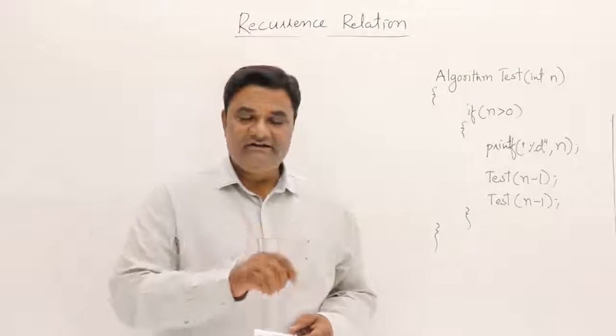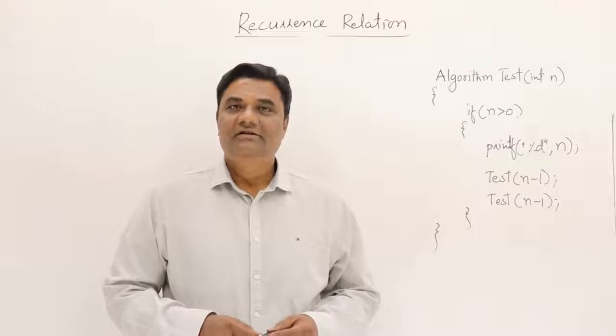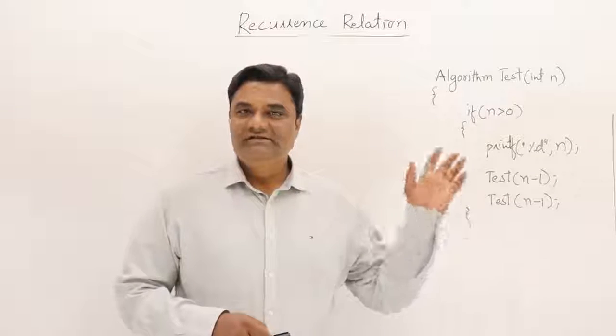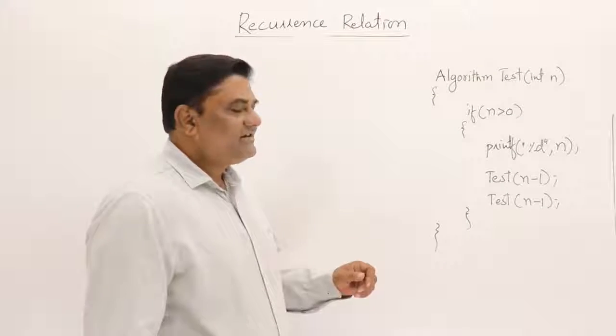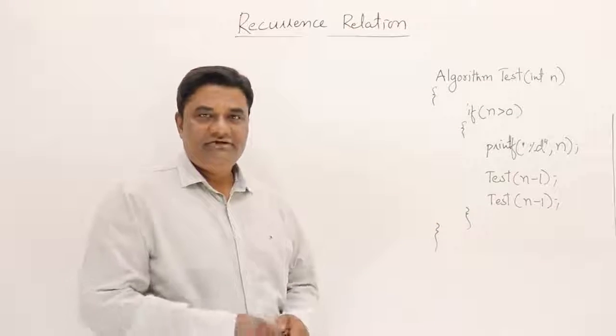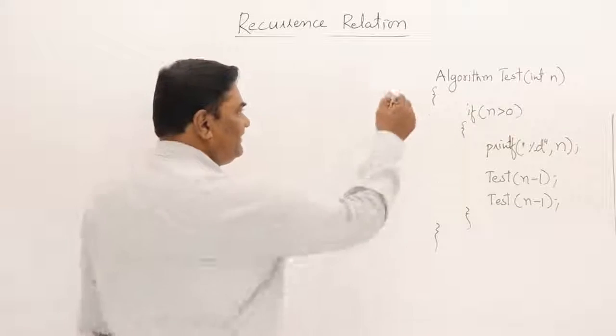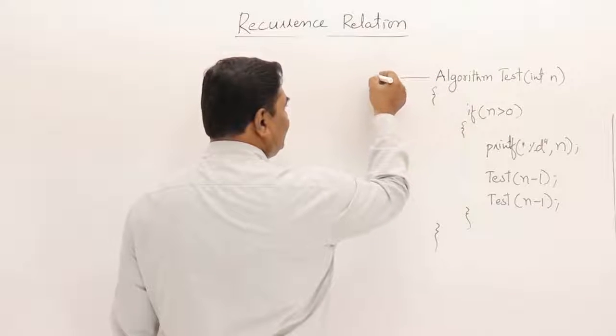Numbers are given beside the video, so you can check that. This one I'll just solve with a little bit of explanation. Let us find out a recurrence relation for this function. If I say this is taking T(n) time,